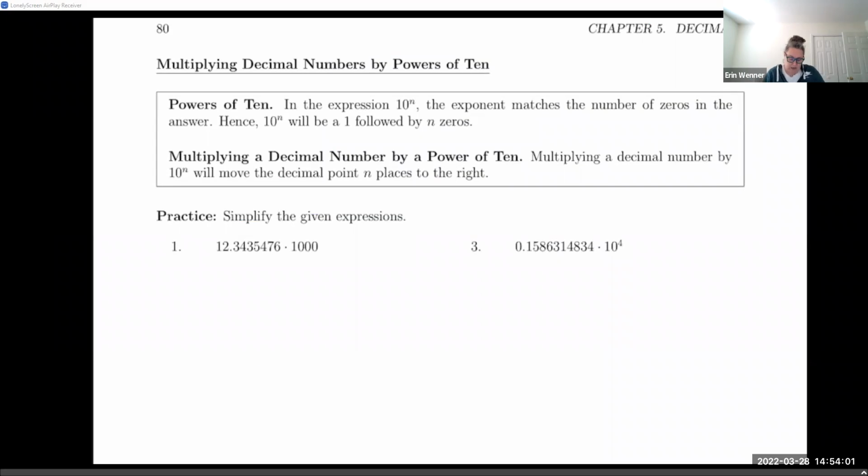If your exponent is positive, which is what we're going to deal with, it's going to move it that many times to the right. So if I look at this number, I've got 3 zeros. So I'm going to be multiplying it by 1,000, which means it's going to move our decimal point 3 times to the right. So this is 10 to the third. So that's going to cause this one to move 1, 2, 3 times. So we end up with